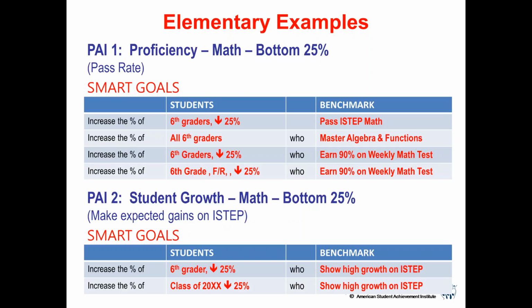We're hoping that the bottom 25%, since we're also focusing on them, our interventions are really going to grab those low achieving students. But this is an area where we want all kids to improve on algebra and functions. So now on the next one, you can see we've switched to a school-created assessment to earn 90% on this